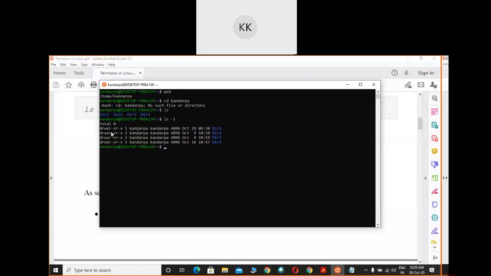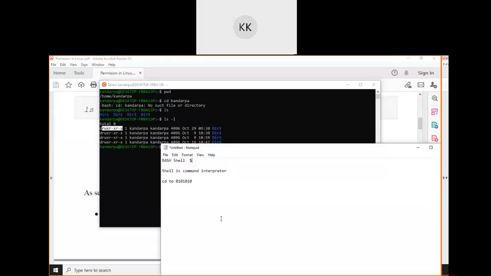Okay, and see, this is the permission. As you can remember, there are three different types of users. Last class we discussed this. First of all is the owner. It comes with read, write, and X by default. Why? Because a folder is not an executable entity, right?